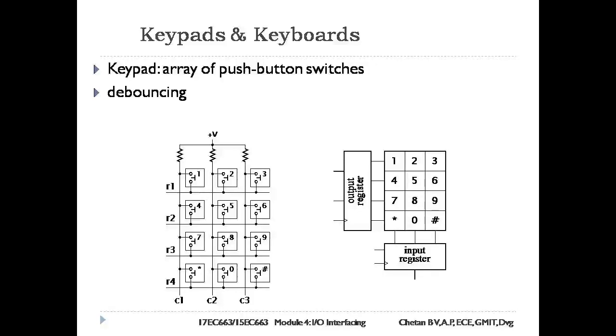If more than one key in a given row is pressed at the same time, all of the corresponding column lines will be pulled low when the row line is driven low. Hence, information about which keys are pressed is determined. A register is used into which the processor can write values to be driven on the row lines and another register for the processor to read the values of the column lines. This is shown in the figure.